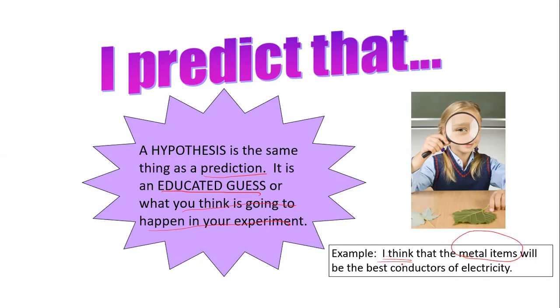You use the word think because you are not yet sure. You are just giving your prediction. So no hypothesis is incorrect. All hypotheses are correct because it is based on your own prediction or your own opinion of what will happen to a certain